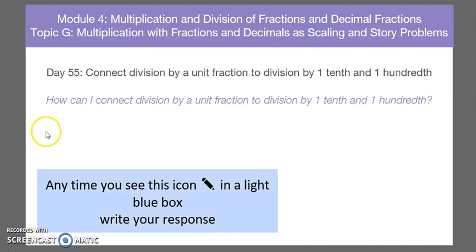Welcome. My name is Mr. Sunarine, and today's lesson is going to look at how can I connect division by a unit fraction to division by 1/10 and 1/100. Before we get into today's lesson, I'm going to go over some patterns that we'll notice